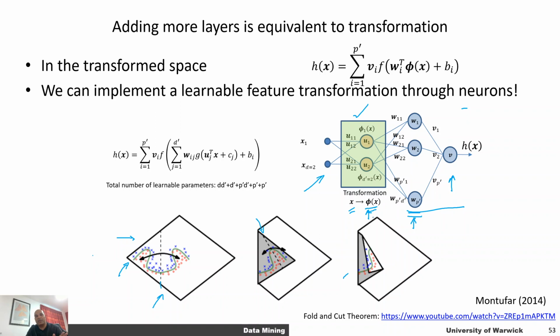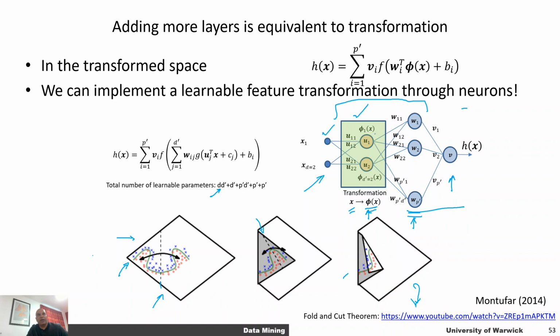And then that allows us to reduce the number of cuts that are needed. You may want to revisit the video on the fold and cut theorem to understand this example better. But the main idea is that if we have a neural network with two hidden layers, such that the number of neurons in the input representation is d,